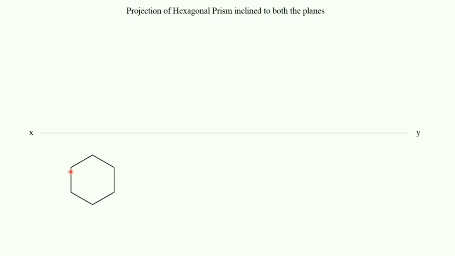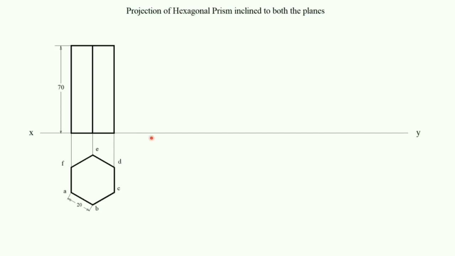So to draw this top view, you can start drawing these two edges equally inclined with the reference line XY, so that the other two edges will be perpendicular to the XY line. And the dimension of this top view is 20 mm. You can name this top view starting from the bottom left corner as small letter a, then b, c, d, e and f. So this is the naming of the top face of the prism, only the top face of the prism.